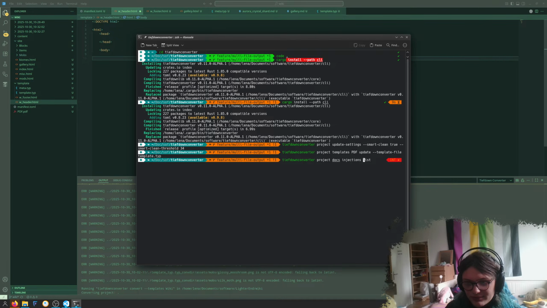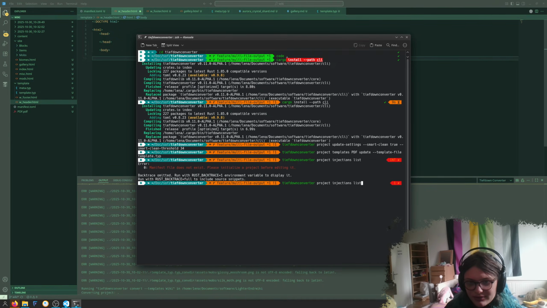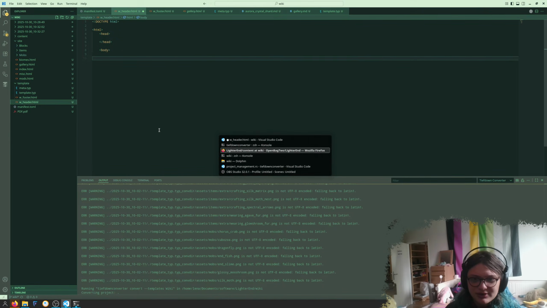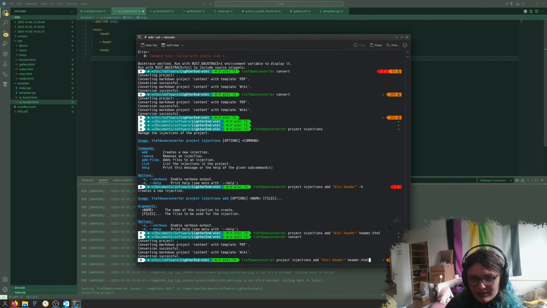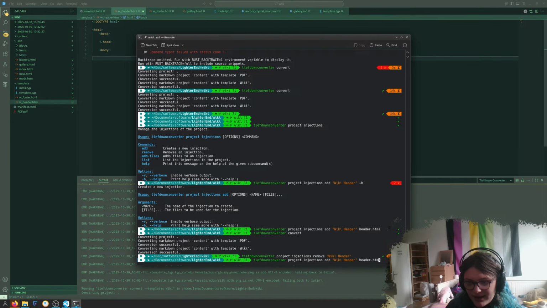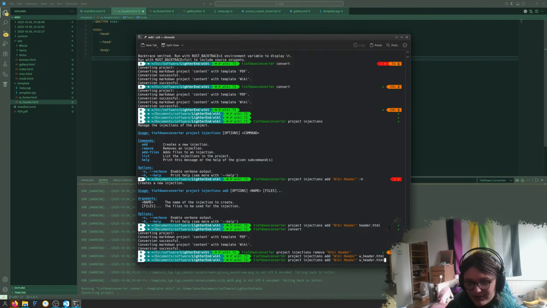Injections. I'm in TiefDownConverter. Injections. Remove wiki header. Add wiki header w_, and then we'll say wiki footer w underscore footer